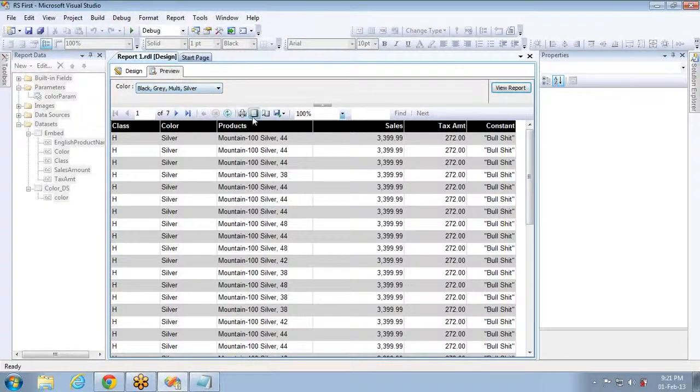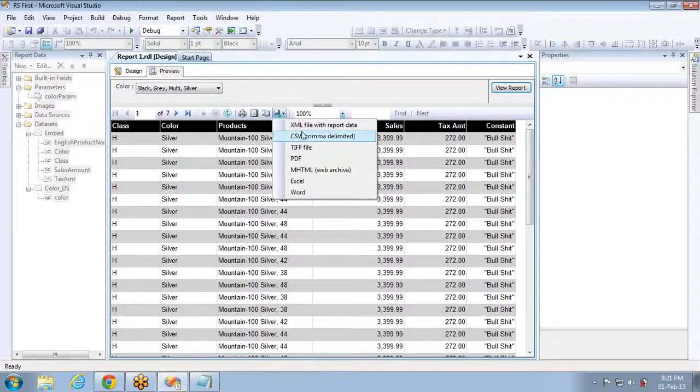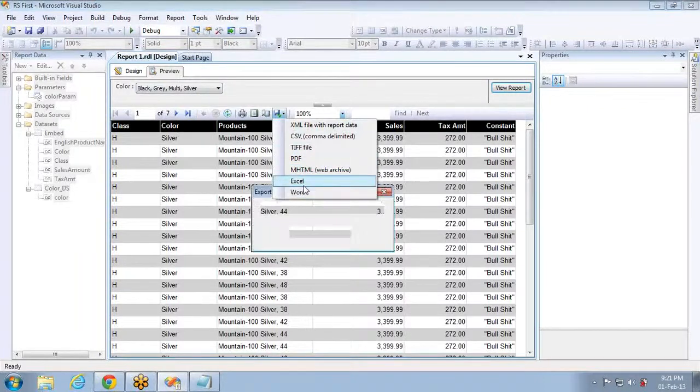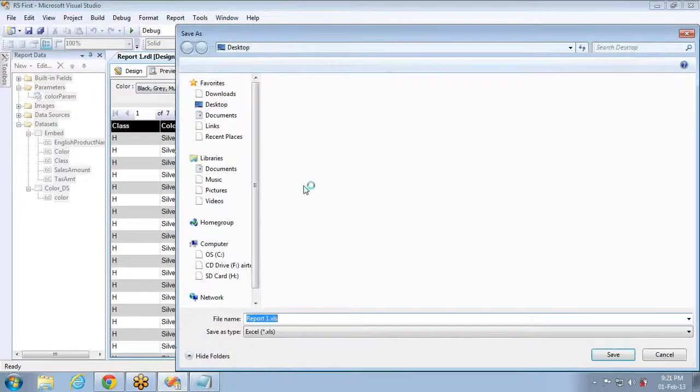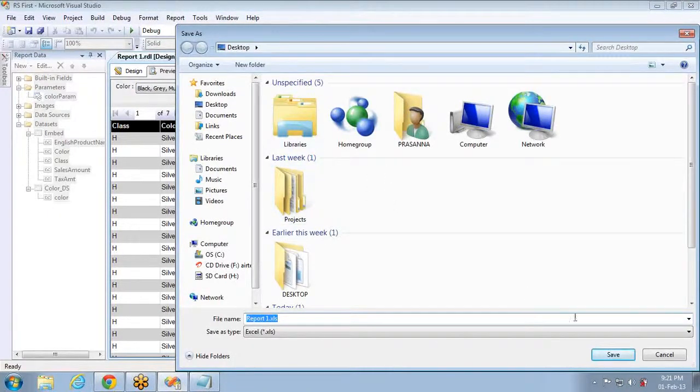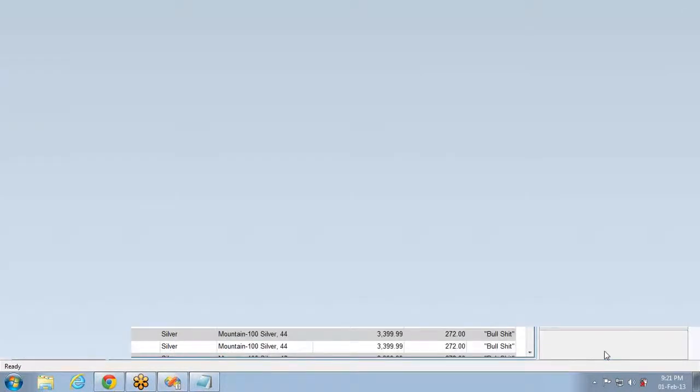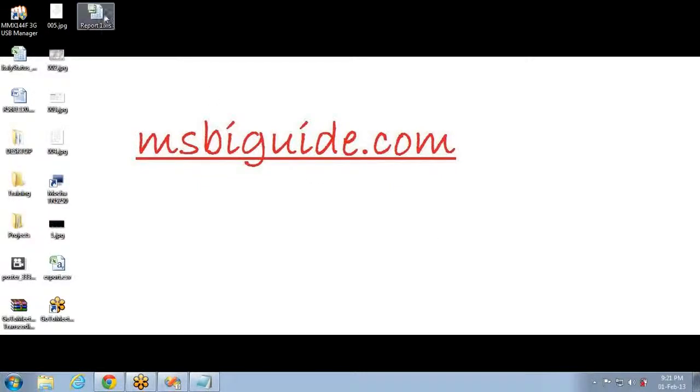Now what is my problem here? If I export this report, let's say to Excel, it will export in the same way as what you are seeing on the screen. Let me show you by exporting. I exported this report and you can see the report in the same format, same look and feel.